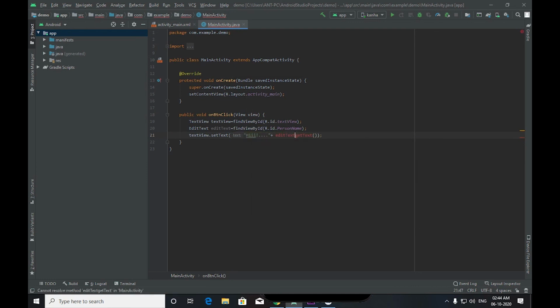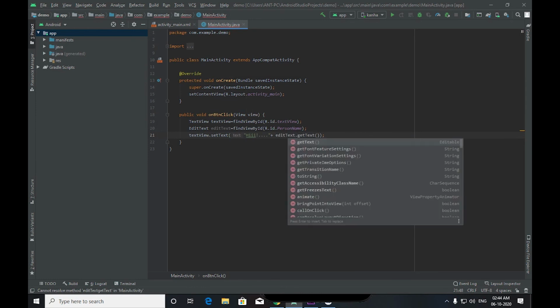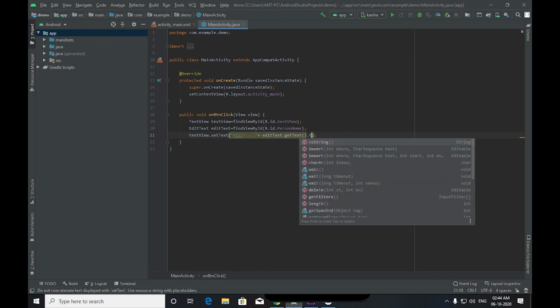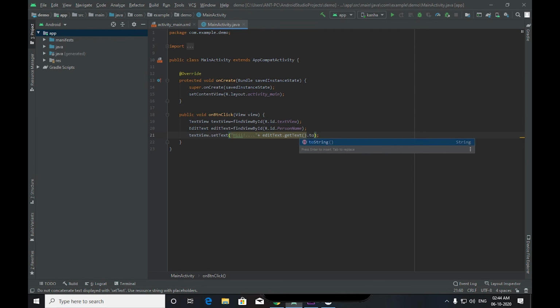So we are getting the value from the edit text. First we need to write editText.getText. After that toString, you will understand why we write toString here.